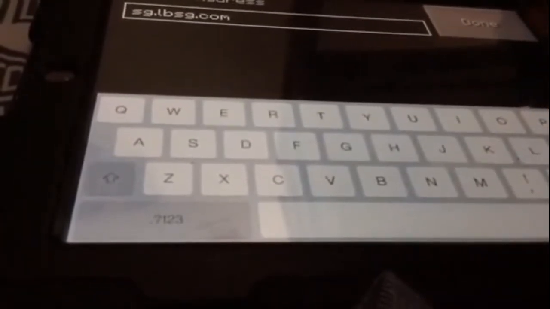Okay, so basically what you want to do is type in SG dot LBSG dot com. Done. Then you name it Hunger Games.